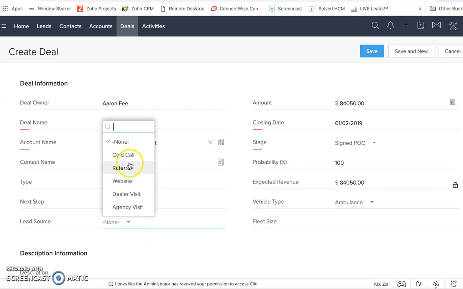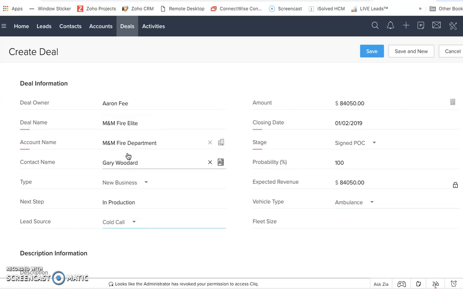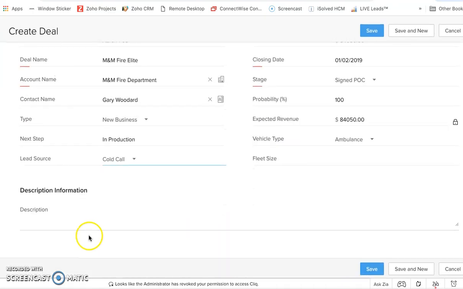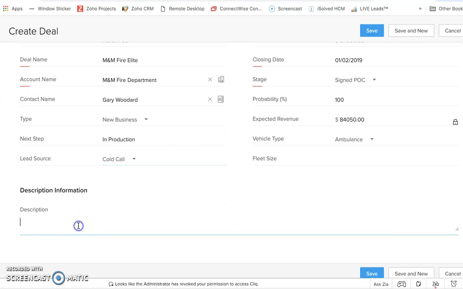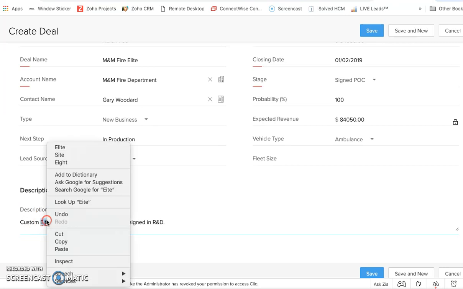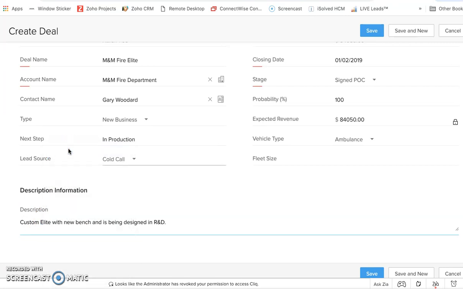The lead source was from a cold call that we went and visited with the customer. And that's all I really need to do. I can put in here that this is a custom Elite with new bench, and it is being designed in R&D. So this is not one that's just going through as a cookie cutter. They're designing some special components for this that then will become available to everybody else to purchase,